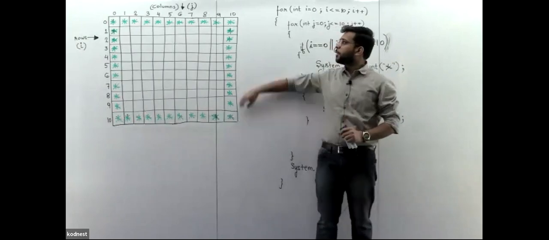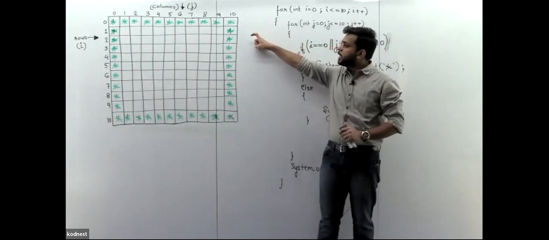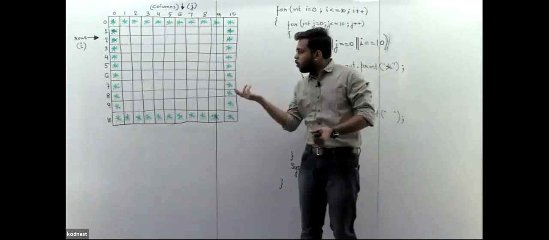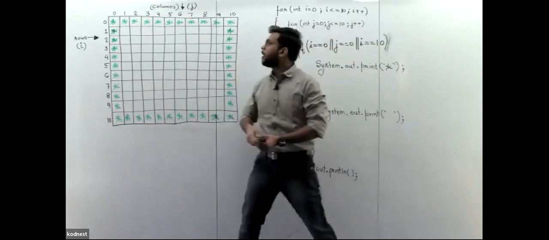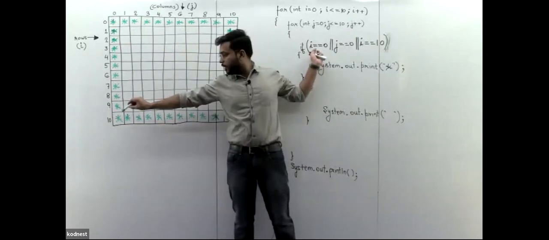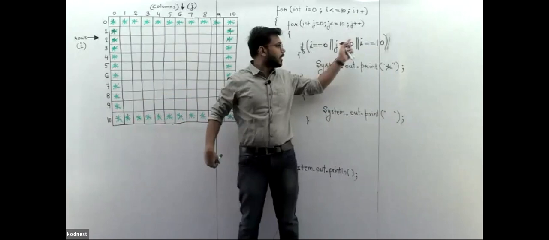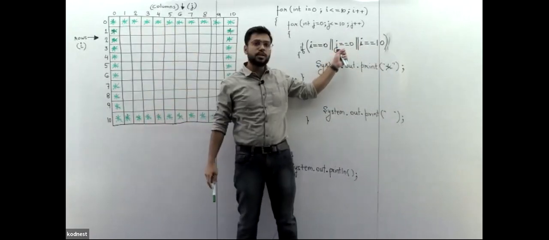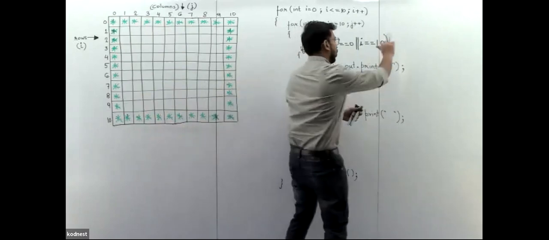Sir, wherever the J value is 10, sir, you are printing the star. So again, if I want the complete thing, when I value is 0, when I value is 10, when J value is 0, also or